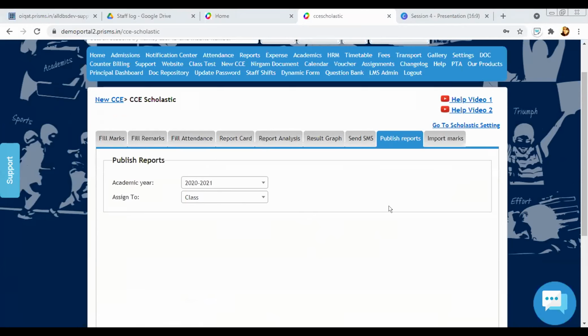Okay. Then we can move on to our next tab. One second, there's a query in chat. Same procedure for Scholastic. Can the teacher publish a report card using her login? Okay, Rajashri ma'am, if you give the teachers access to this module, then they can publish. As admin, you have control over which modules you want to give access to teachers for. If you want teachers to publish it, then you need to give them access to this particular module with module access.